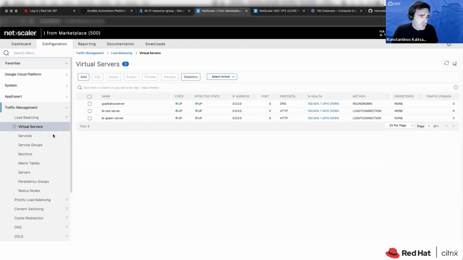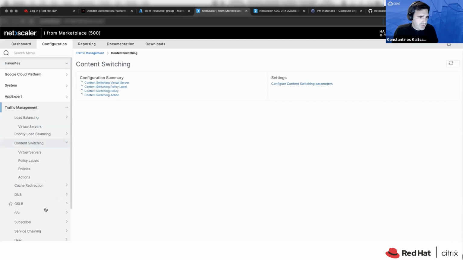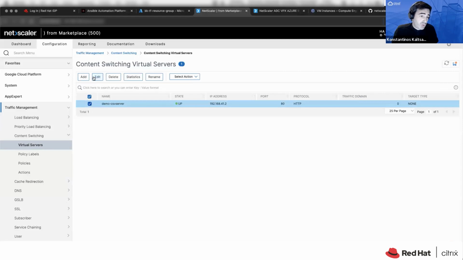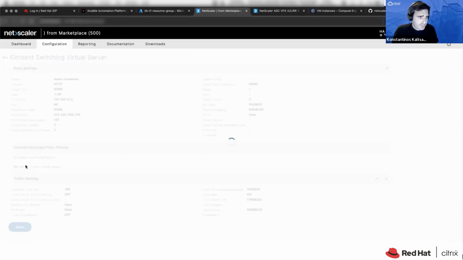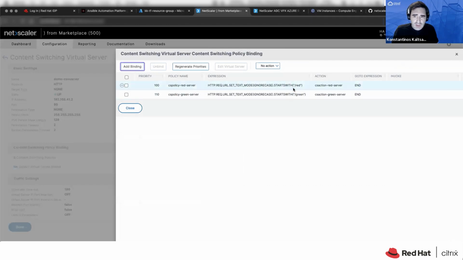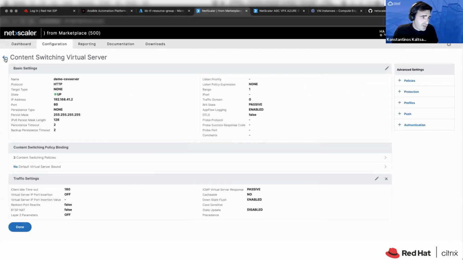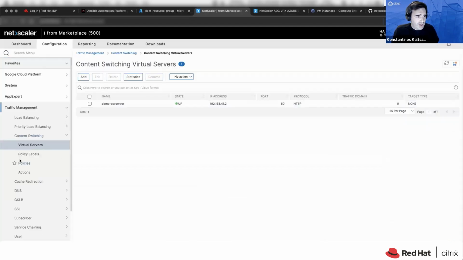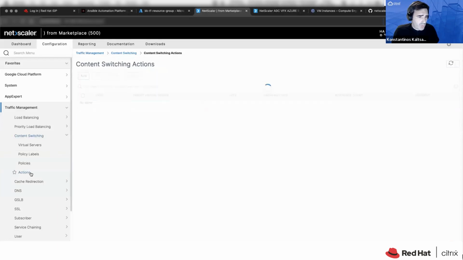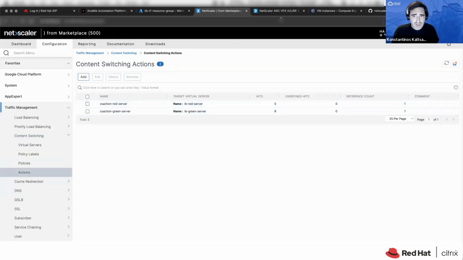And if we go also to the content switching, we are going to see also here that we have created our content switching virtual server, which is using the policies that I mentioned. So whenever you are visiting the /red, it will route traffic to the red application. And things like that. All of these things can be also seen here. These are our policies, these are our actions.